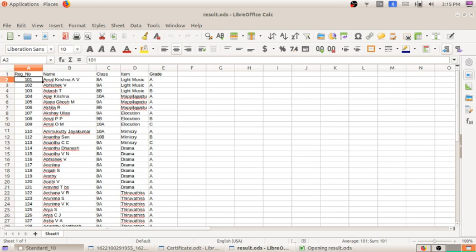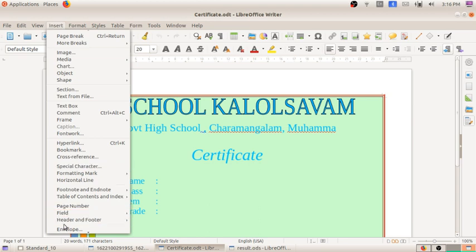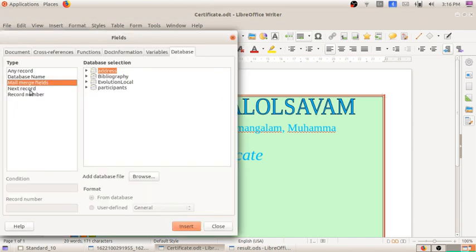So for that what we have to do? I am opening the certificate here. I am adding the fields here. How will I add the field? You have to go to insert, and in insert there is the option field, and in field take more fields option. You can see in database, you can see mail merge field.